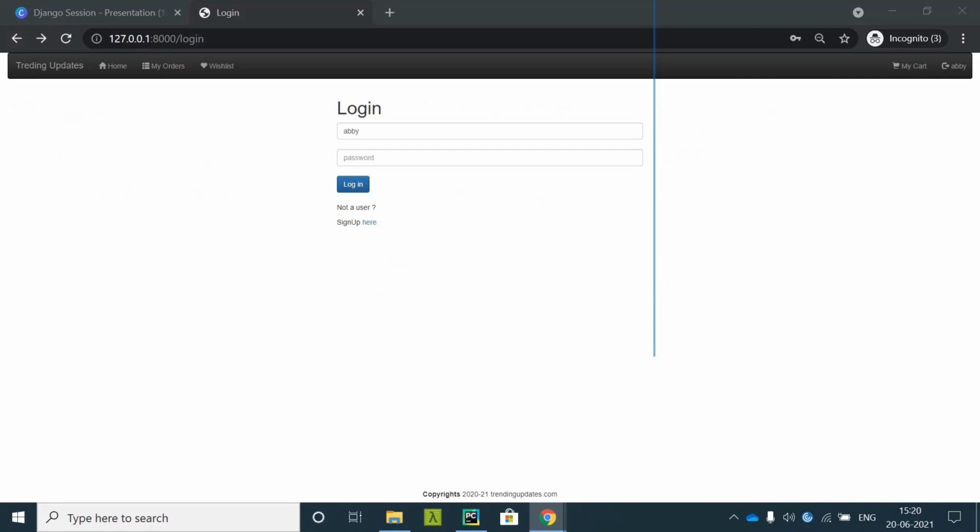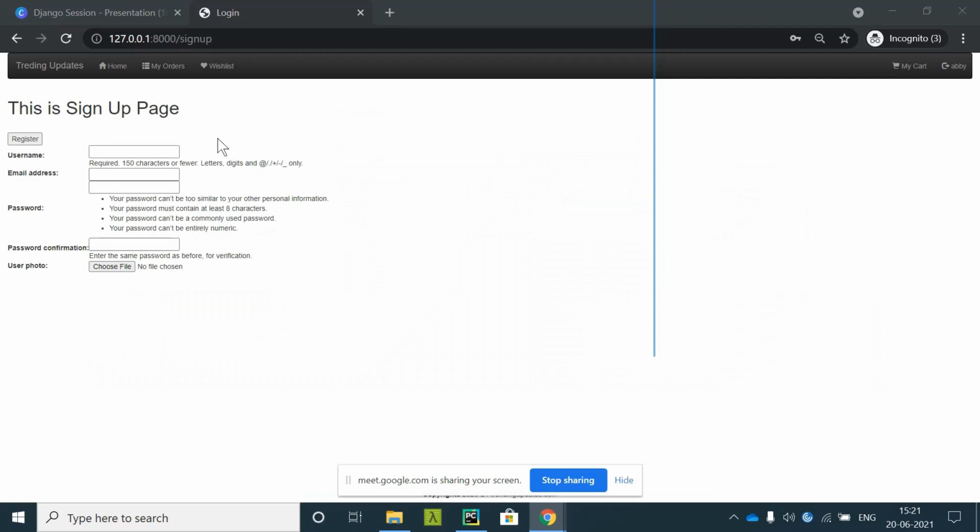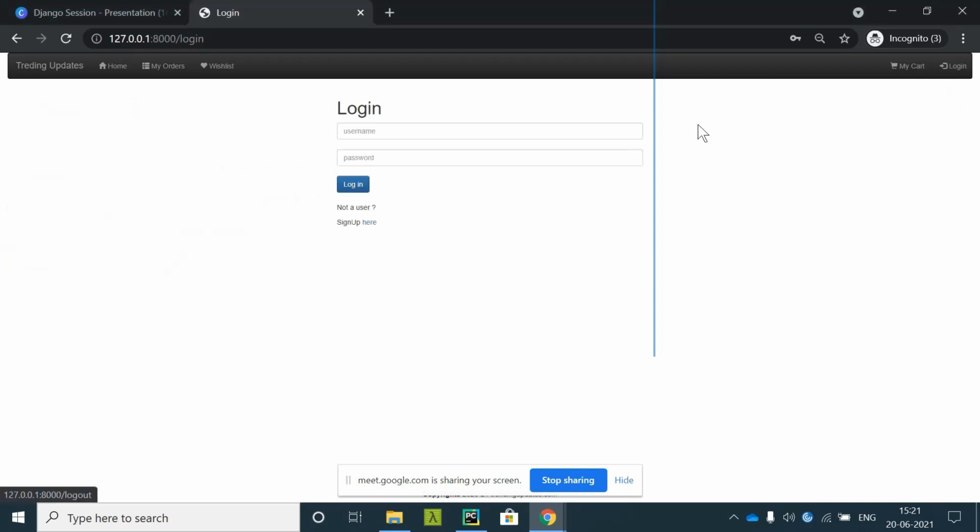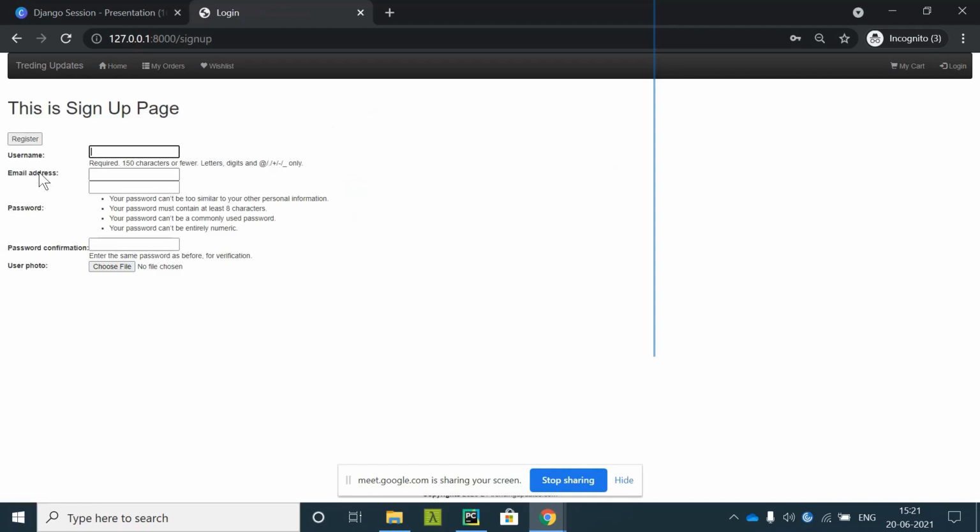Assignment for today's class would be: now we have the sign up page. The sign up page is being displayed at the left side. Please display it in the middle of the page as we have displayed the login page. Okay, and then make this register button look like the login button.